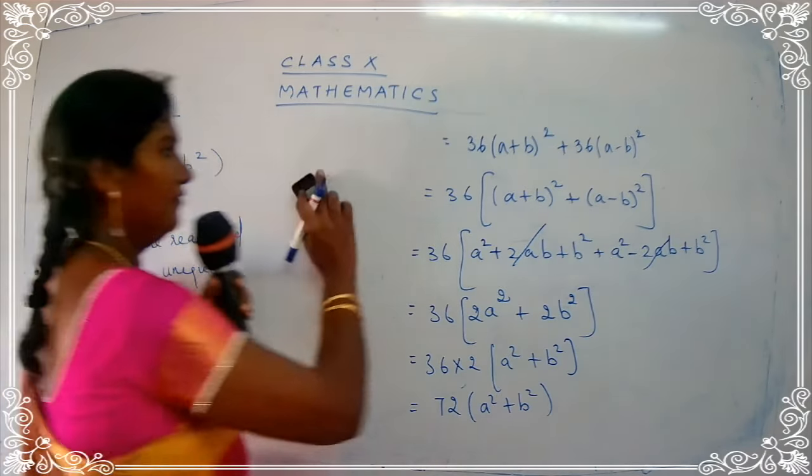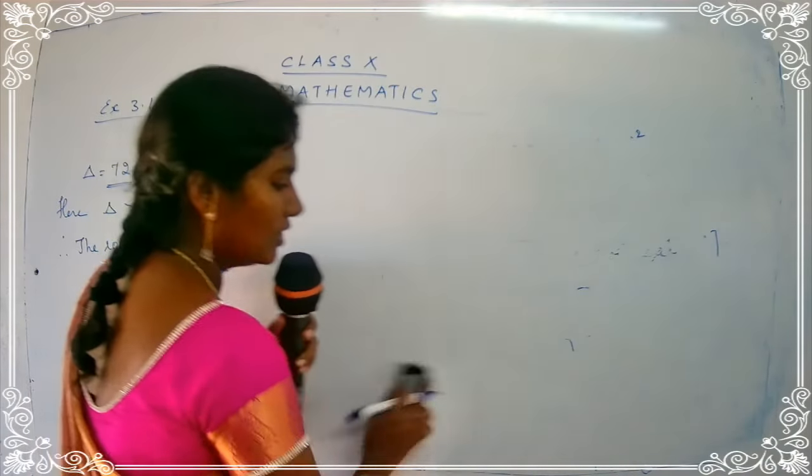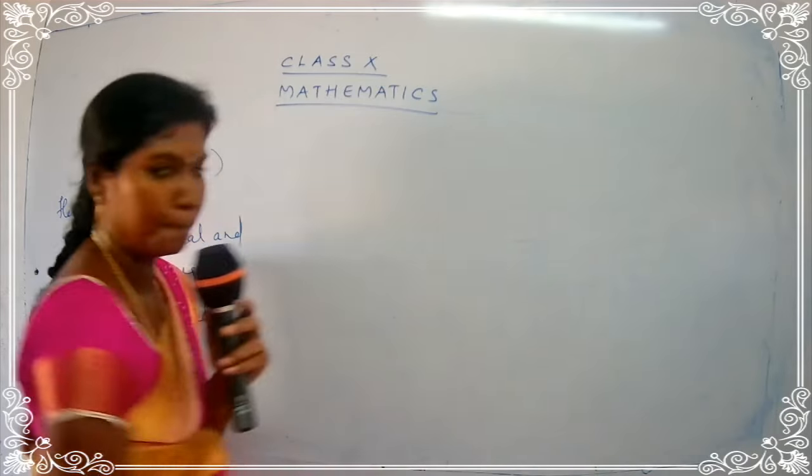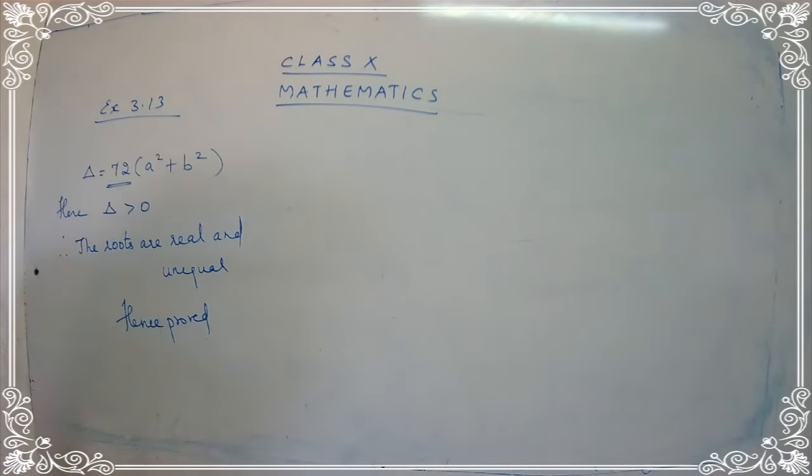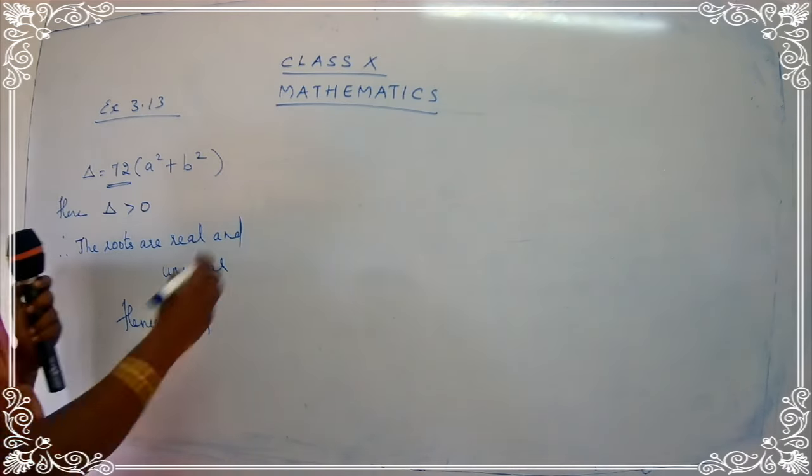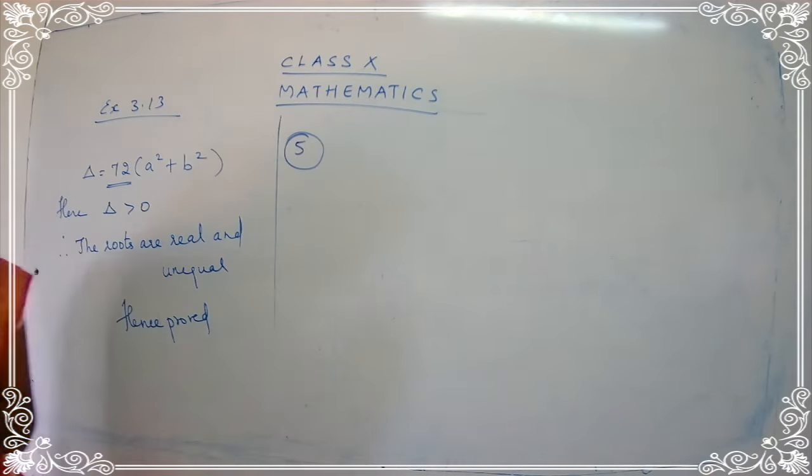Let's go for sum number 5. I hope all are enjoying your work and all are doing it properly. Yes, children? Here is the question. If the roots of the equation c square minus ab, the whole x square, minus 2 a square minus bc, the whole x, plus b square minus ac is equal to 0, are real and equal, prove that either a is equal to 0 or a cube plus b cube plus c cube is equal to 3abc. I'll just continue the sum over here, children.